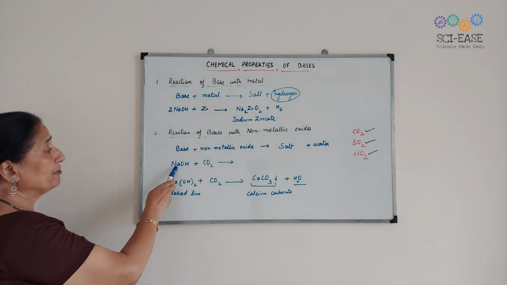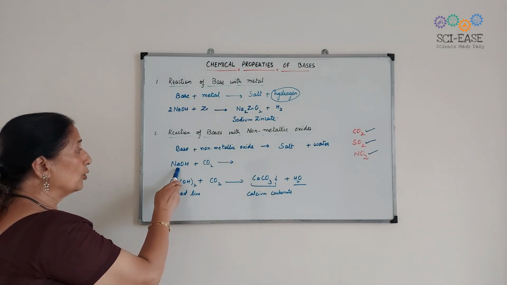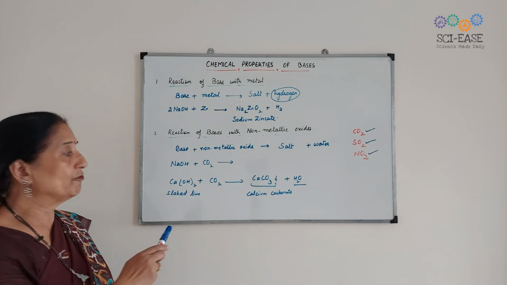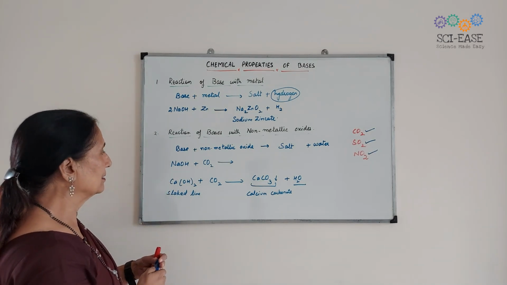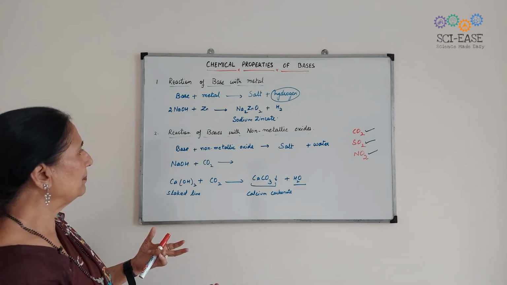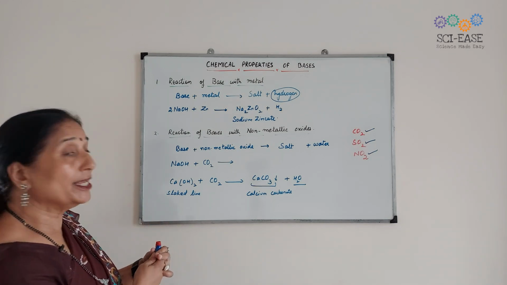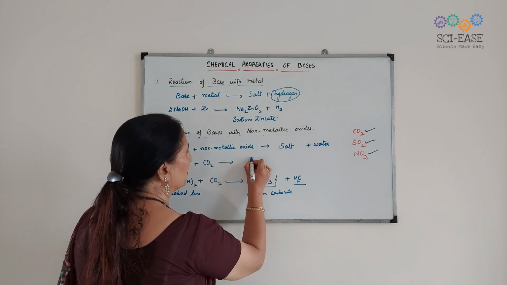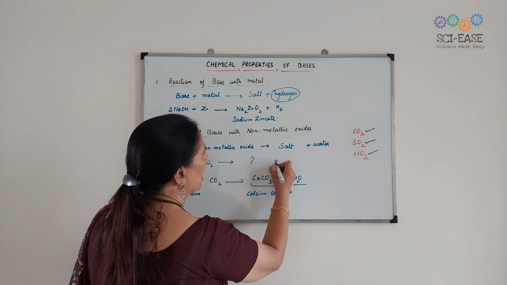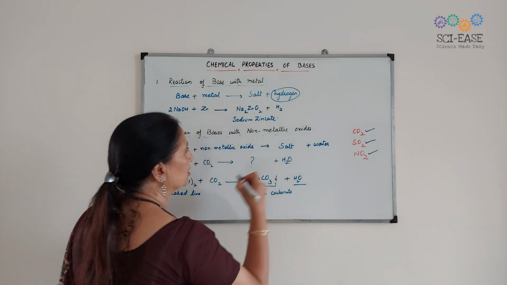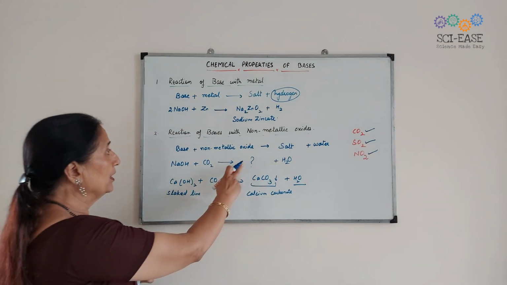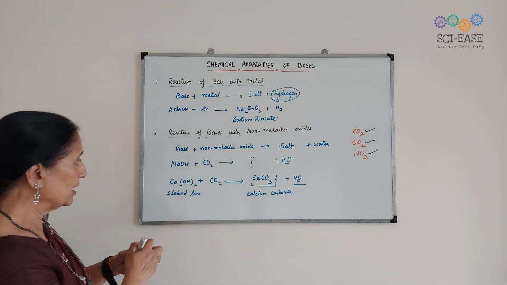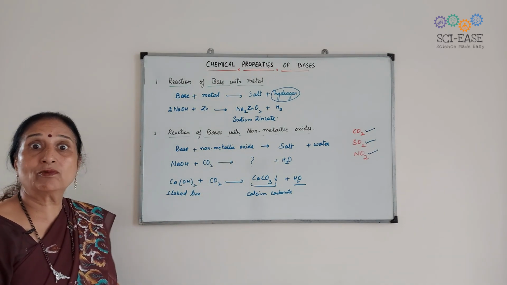Okay, now if you take sodium hydroxide instead of this calcium hydroxide or lime water, what will be the result? What will be? The products, they will be different. Here sodium carbonate that will be formed. Okay, you will write the formula of sodium carbonate and water will also form. Okay, you will write the reaction, you will complete this reaction, and also you must see that whether the reaction